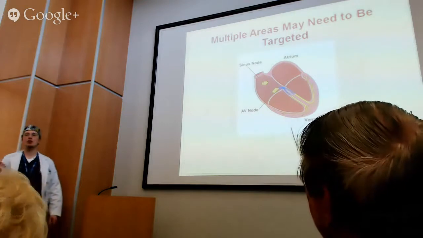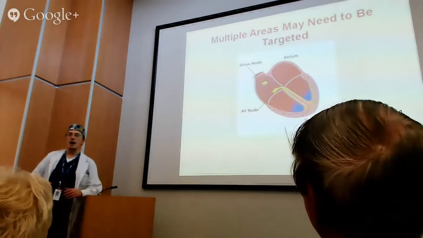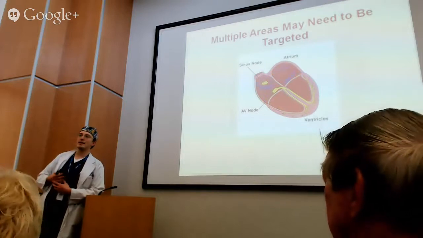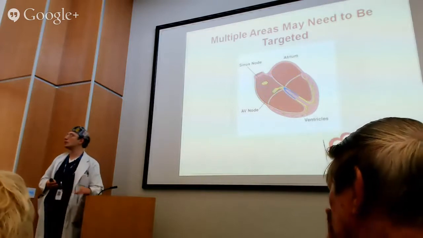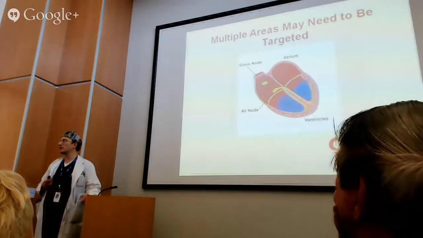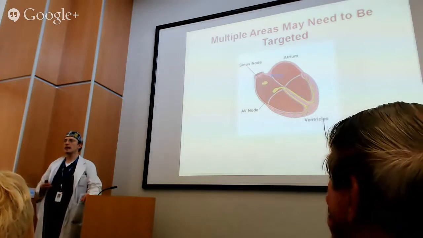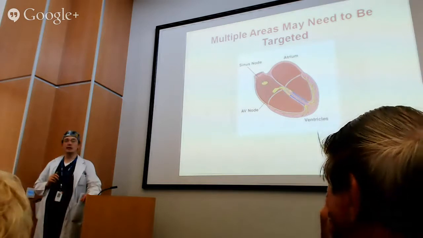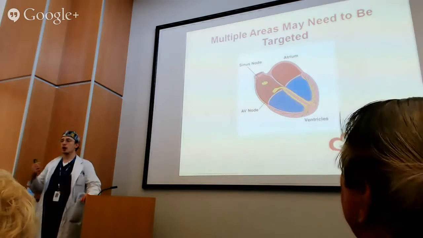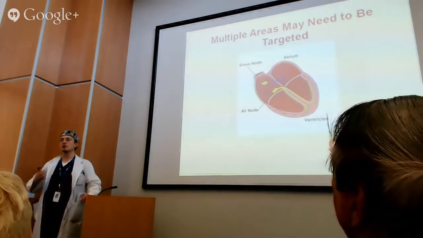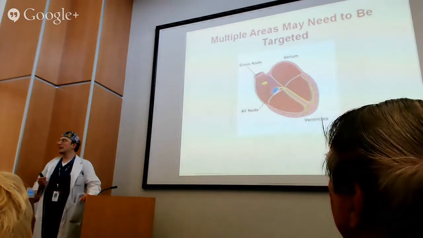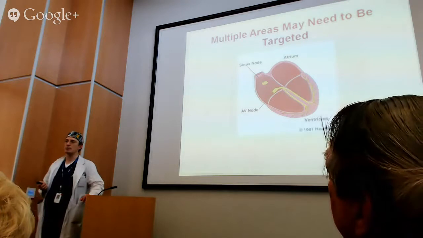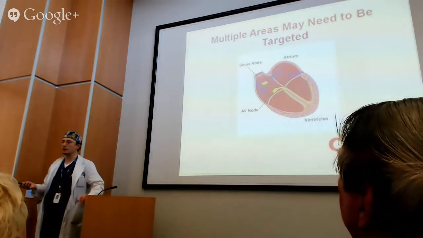Additionally, in the setting of atrial fibrillation, the problem comes up that there is not one spot that causes trouble, but there's usually multiple areas, there's multiple spots that are causing trouble. So if you go and knock out a couple of them, that's usually not enough. You would need to go and kind of find all of them, or most of them, to try to get it under control. So when you have multiple different areas, it potentially creates a problem that's much more difficult to deal with.